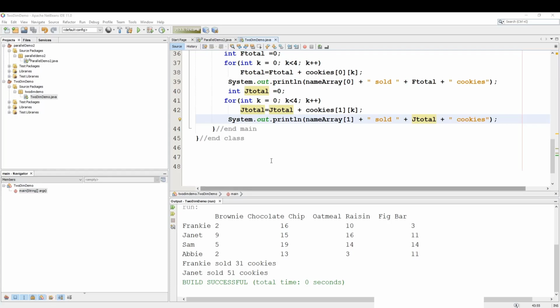But before I do that, I'm going to take a look at this code here. And I'm going to say, well, I do almost the same thing twice. What is it I am doing? I am going along the row, I'm adding things up, I'm outputting. Well, I have two different totals. I have an F total and a J total. Do I really need two totals? Do I really need to keep track of them? Maybe I can just call the whole thing total. Well, if I do that,